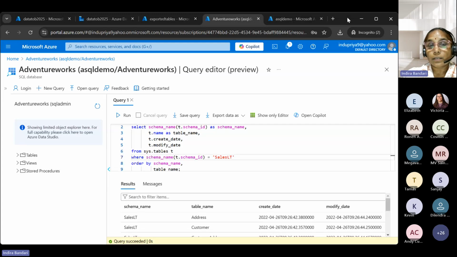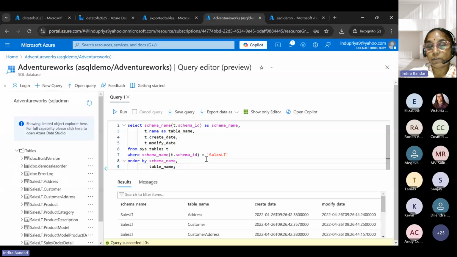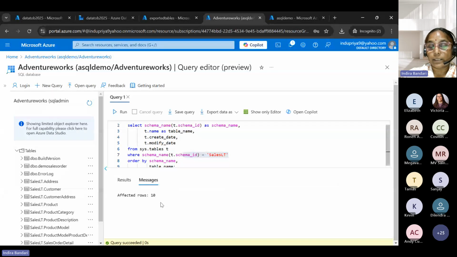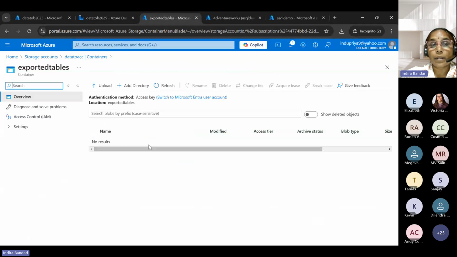okay, so this is the query that I showed you in my presentation. When I run this one, it gives me all the tables that are there in my AdventureWorks database with the schema name, because that's the condition I have given, the schema name SalesLT. I think there are about 10 tables. Yeah, 10 tables. So let's get into action. So this is the query that I'm going to use, and we have seen the folder where we are going to store the CSV files, which doesn't have anything,